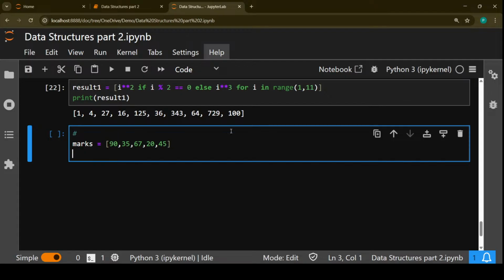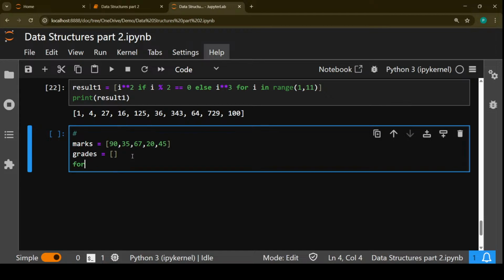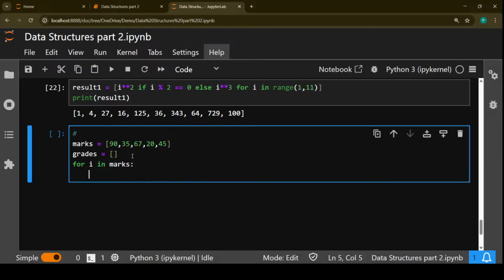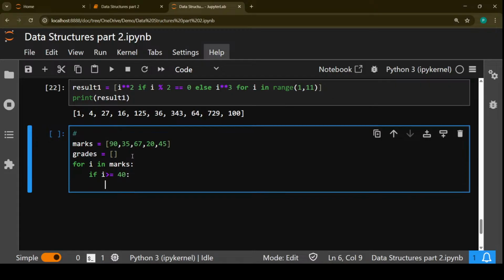I'll first create the normal form, and then I'll go with the list comprehension. You guys have time. Those who have understood can directly go with the list comprehension. First of all, we'll start with the normal form. So grades, I'll take an empty list, and for i in marks, if i is greater than or equal to 40,